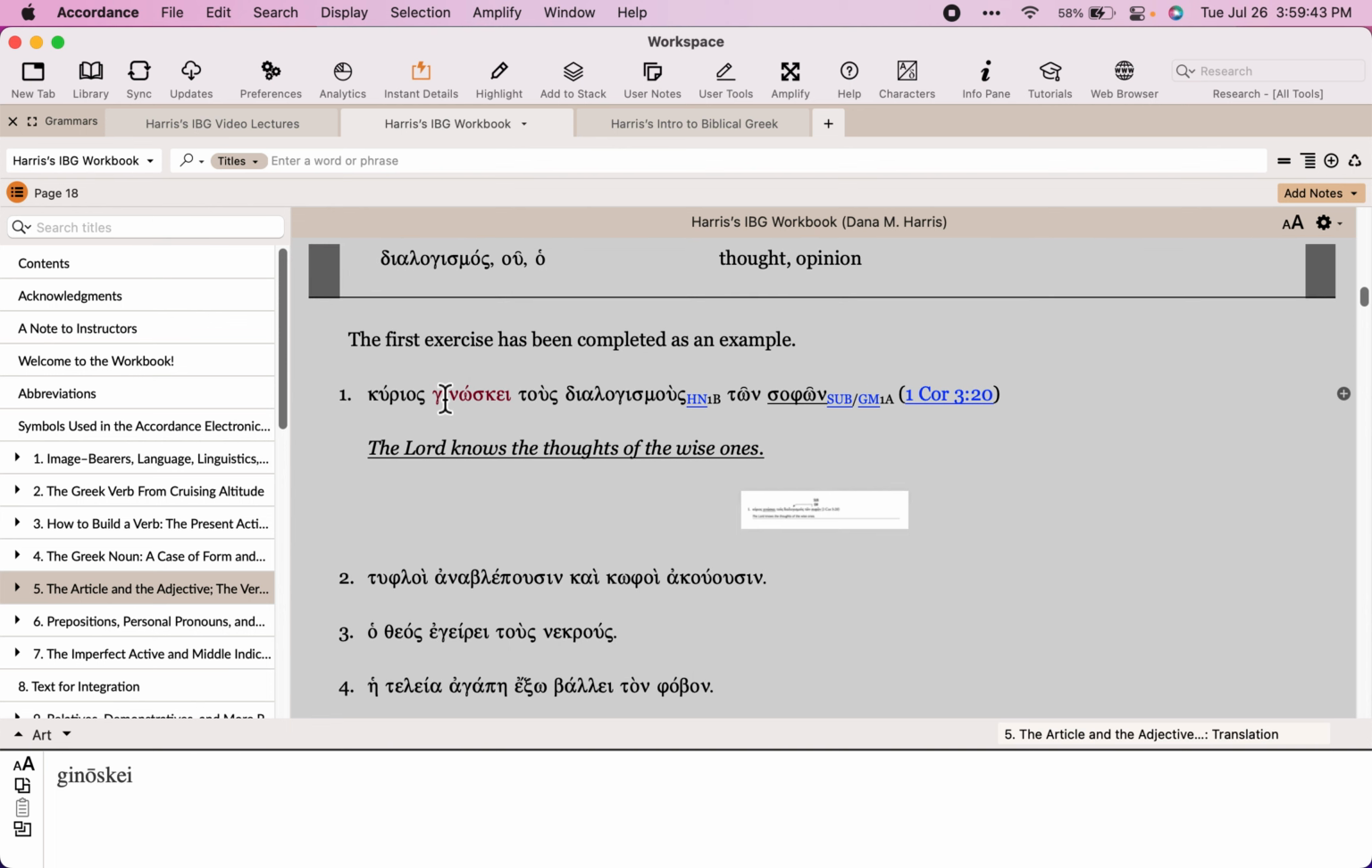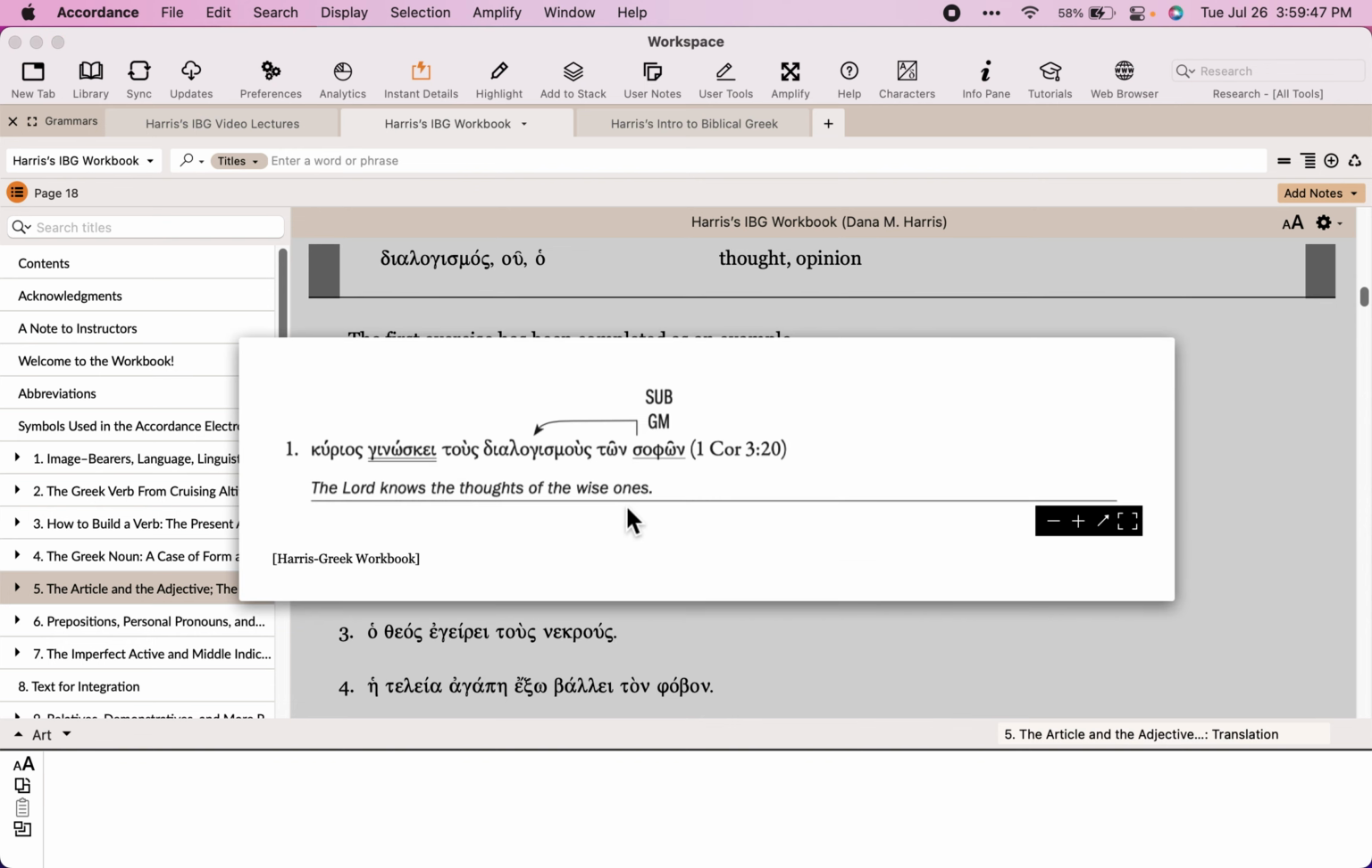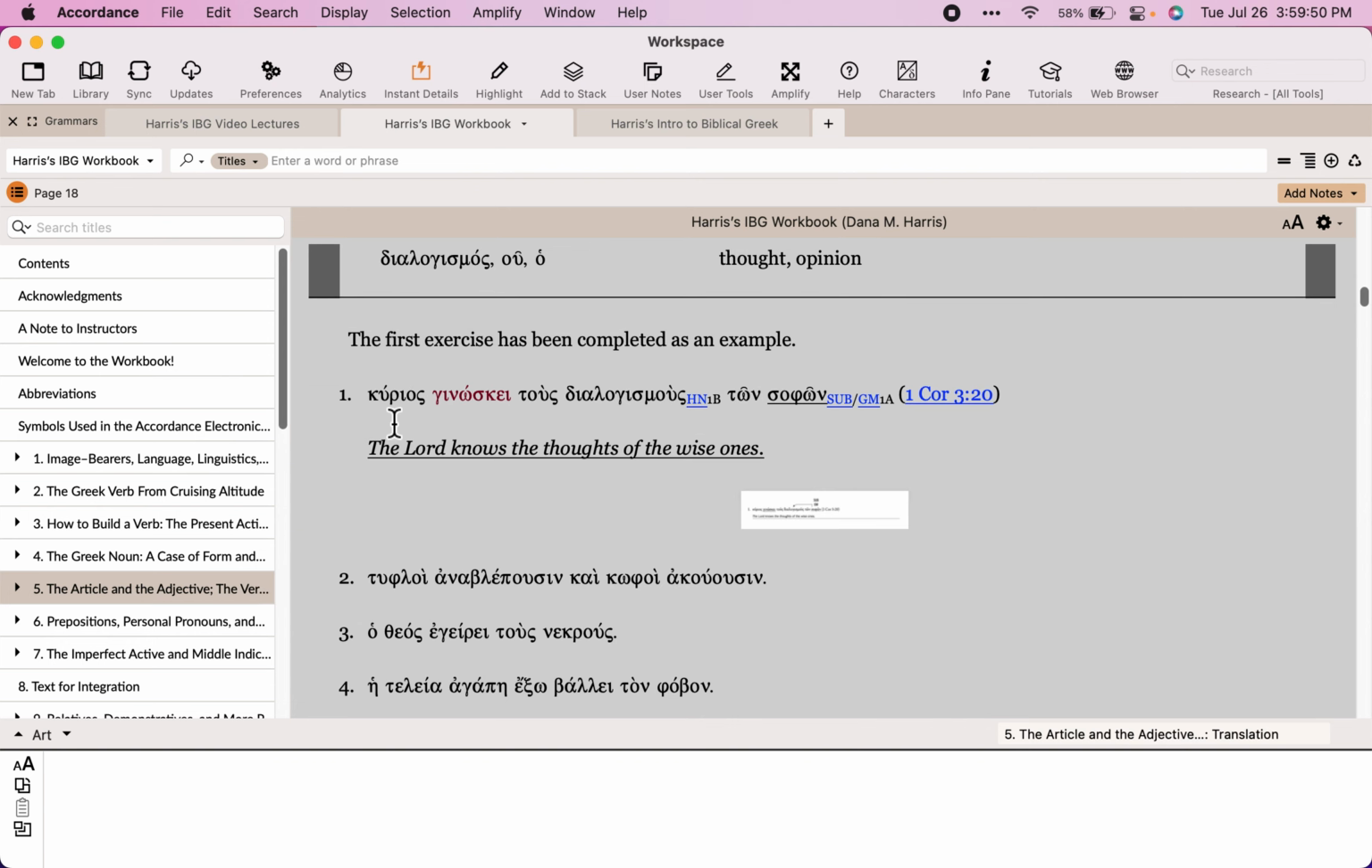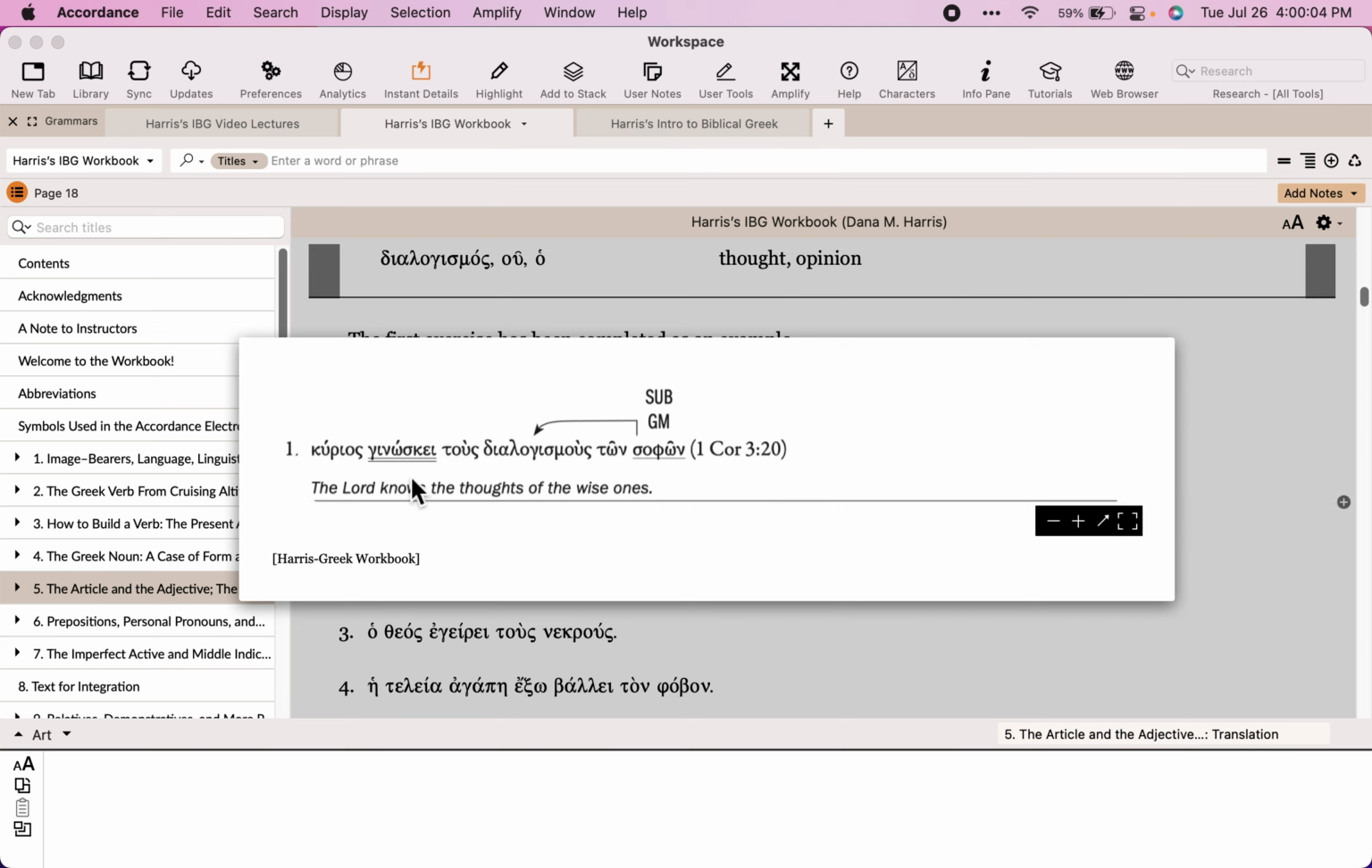So, just to start with the answer, here's the answer to one of the exercises. Kyrios gnoske tous dialogismus ton saphon. The Lord knows the musings or the thoughts of the wise ones. And so in print, what Professor Harris wants you to do is to double underline gnosko, to single underline sophon, and to mark it up with this syntax notation here,